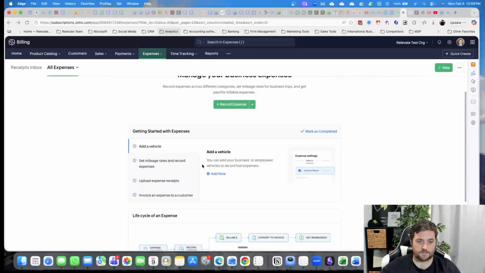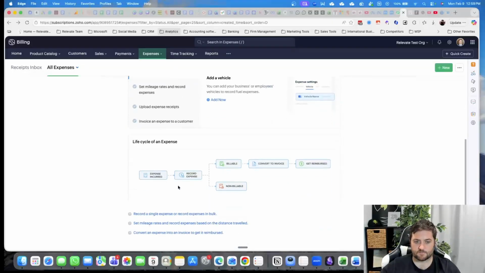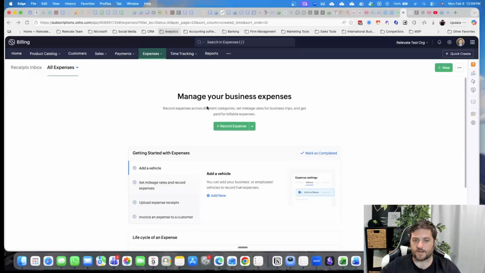So record an expense, set mileage rates, upload receipts, and invoice an expense to the customer. So if you had to take a flight, stay in a hotel, and take a few taxis, then you could expense that to your client. Let's go over to